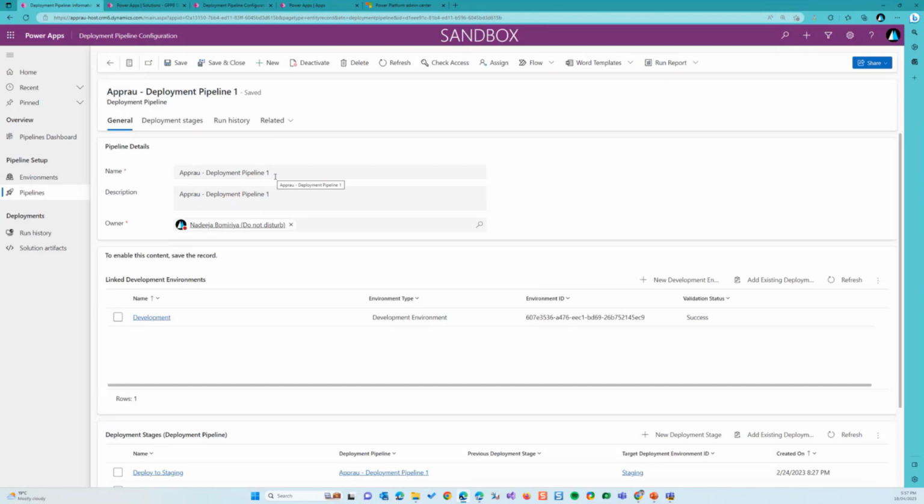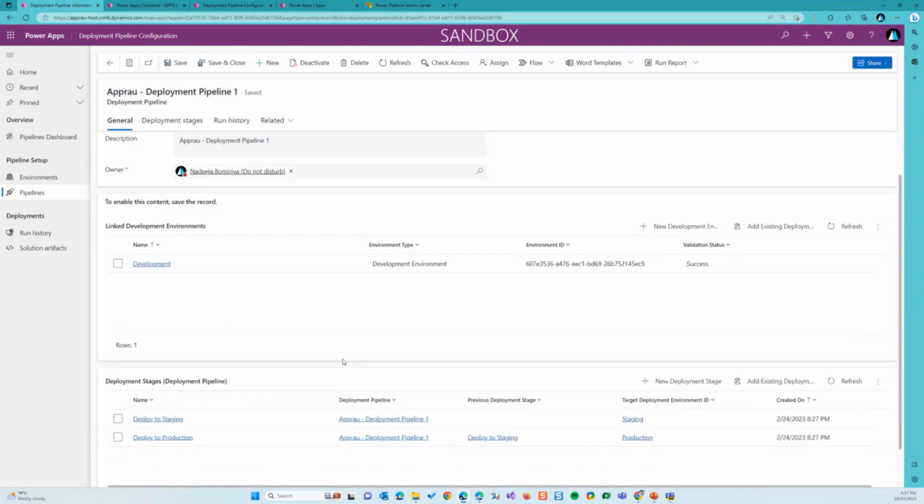All you have to do is give it a name first and save, right? That's all it needs to start with. Then there are two sections here. You have to give the pipeline which environment is your actual development environment, right? So in this linked development environment section, go to